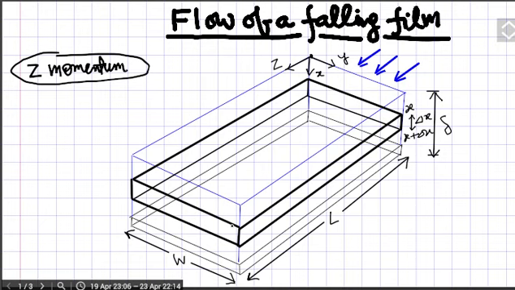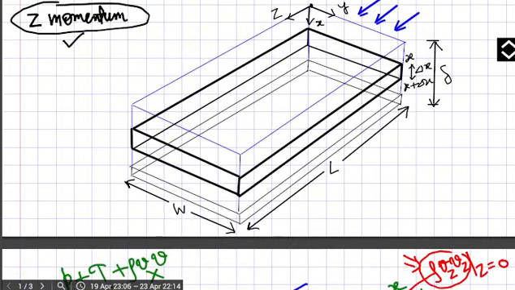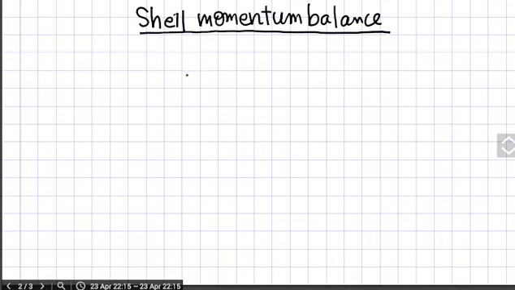And then you analyze what will be the direction of momentum into this cell. In our previous lectures we decided that there is only Z momentum. Now in this lecture we will put the momentum balance over this cell. In this momentum balance technique, you first select the suitable cell. The cell we have selected, over this cell we will write the language this way: over the cell the momentum